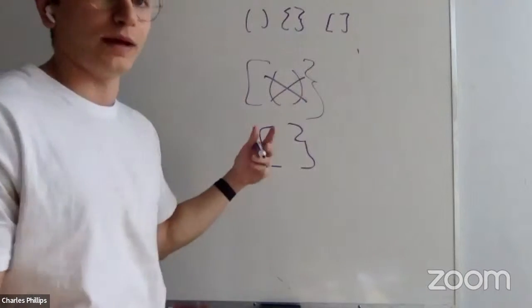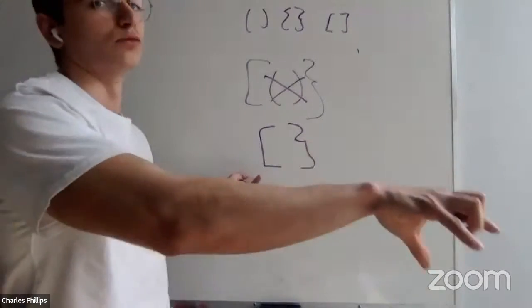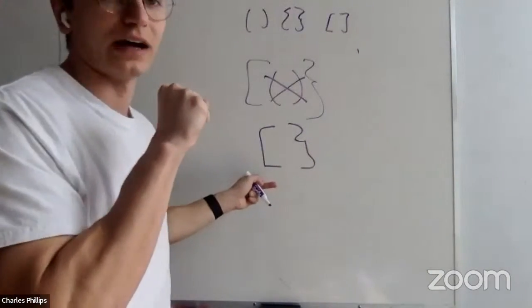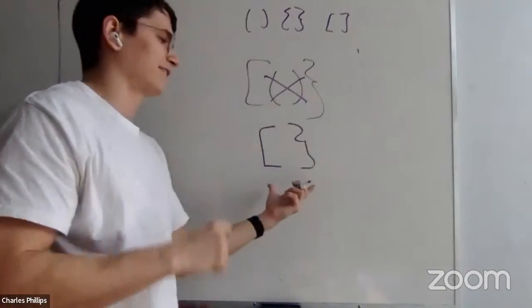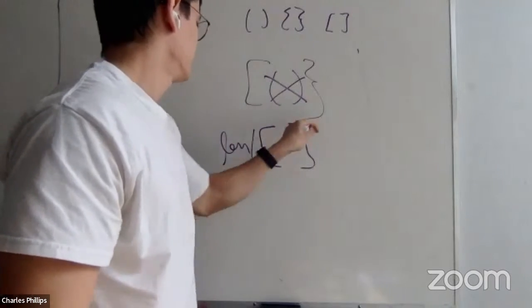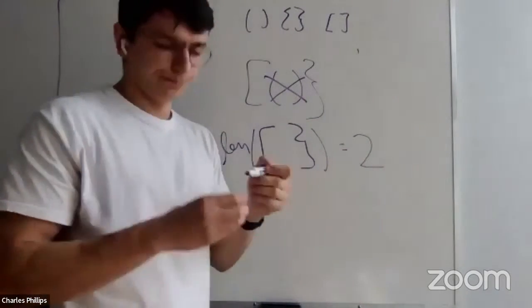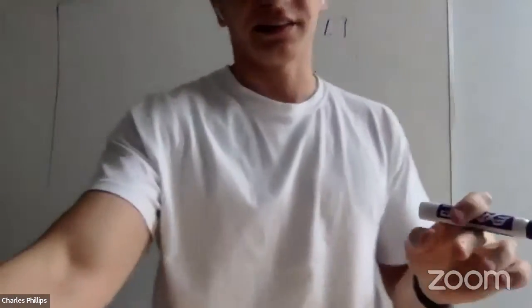So we break out of our loop and we check the length of the string, right? If the length is 0, we know we were able to remove everything from the string without an issue and it was a valid string. But if the length is more than 0, then we know that we have an invalid string. So the length of this is obviously 2. So we know that this is not valid. The issue with this is every time you do this line here,